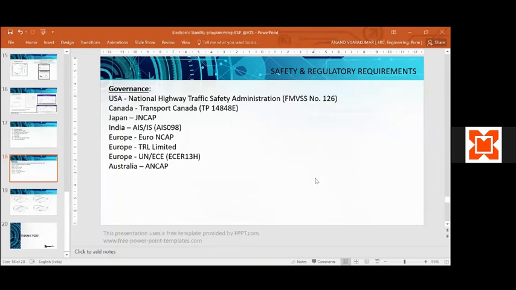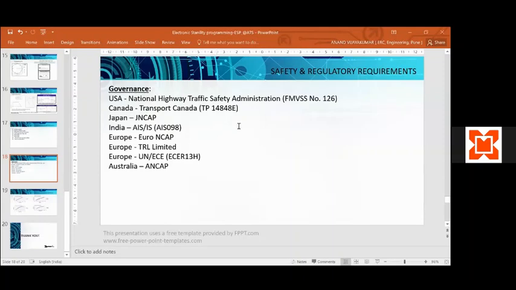Coming to the safety and regulatory requirements. These are the global governance bodies that provide the regulatory requirements applicable in their country, and quite a few other countries are also adopting the same. Actually, this is derived from the US FMVSS standard or this TAP